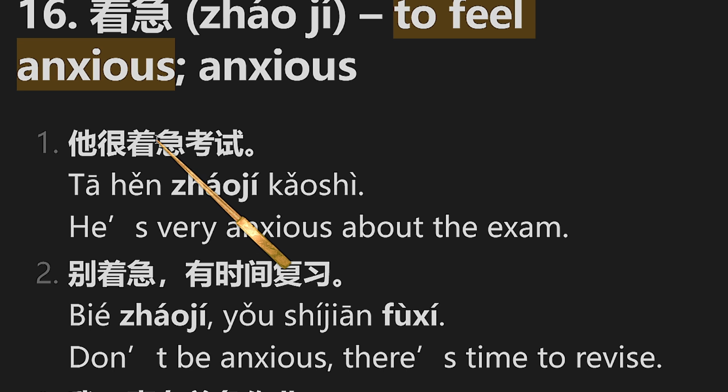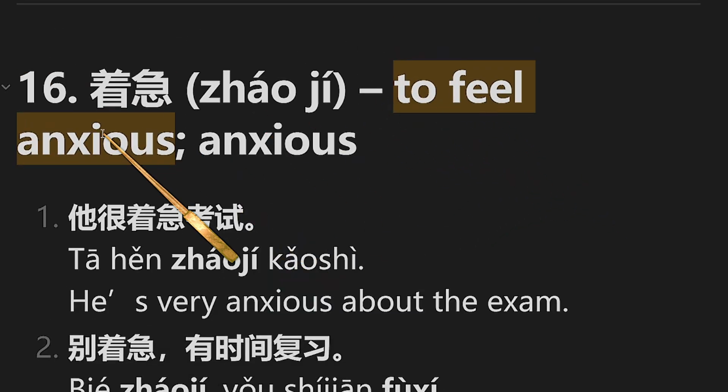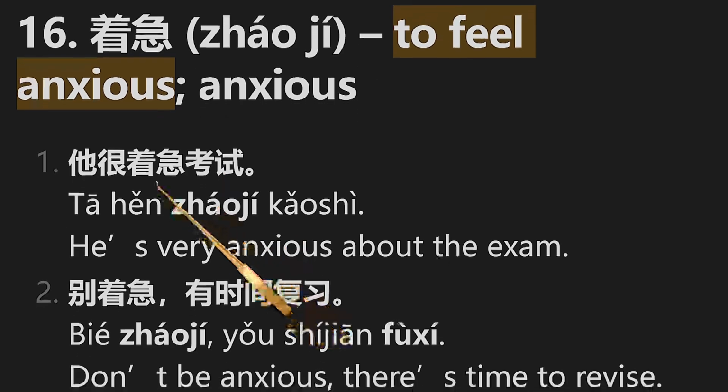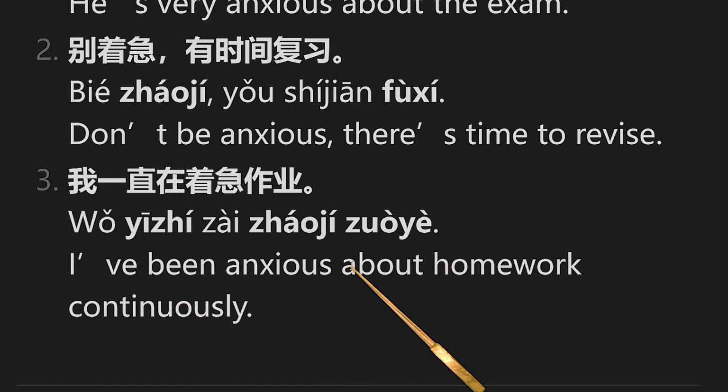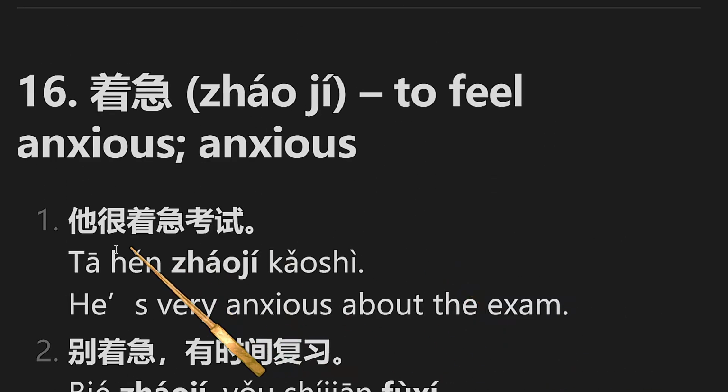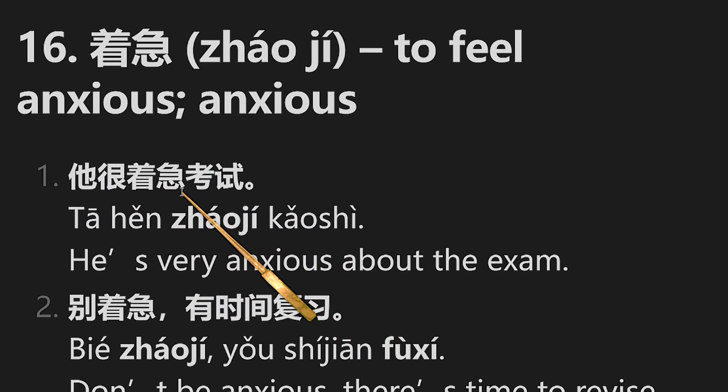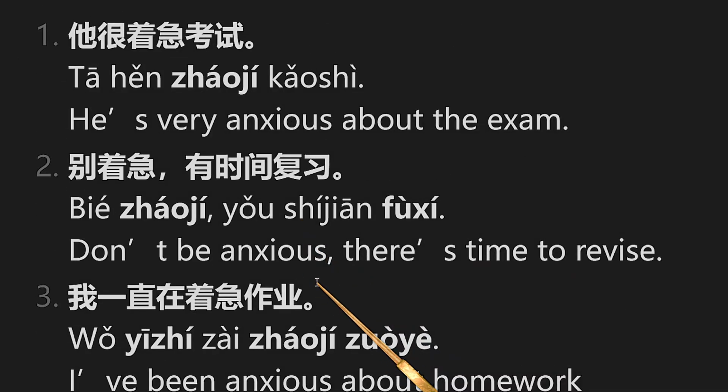他很着急考试。I think in English it's better to feel anxious about something, because in Chinese we don't add about, so it's always as you can say anxious about something. 他很着急考试。In Chinese we don't need to say this about, so just 着急考试。他很着急考试。